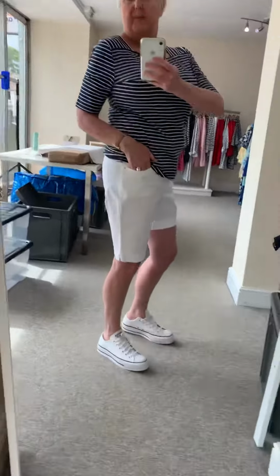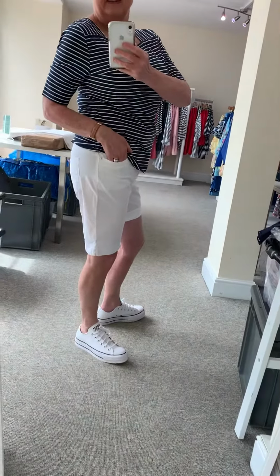Looking slightly mad as I've rolled one leg on these shorts, but I wanted to show you how our stark white shorts are a Bermuda length, but you can roll them as well. They're a nice lightweight and they'll look great slightly rolled. They're £59. If you don't do shorts, we have a crop as well, which comes to just below the knee,